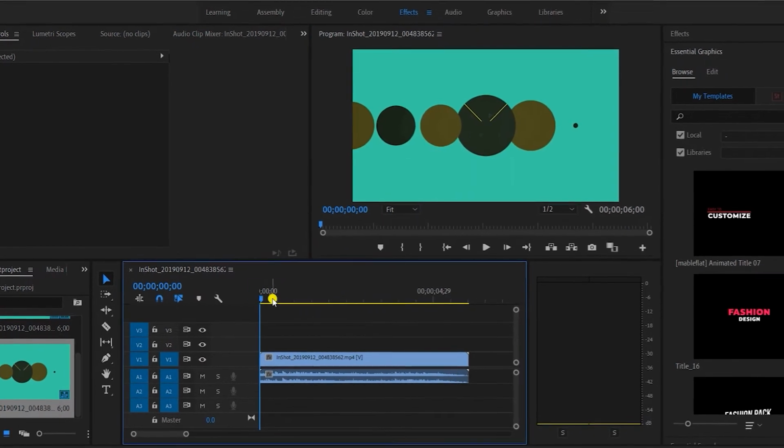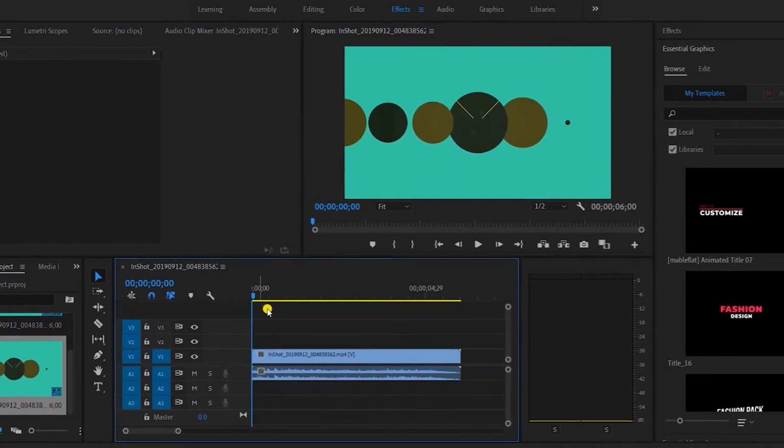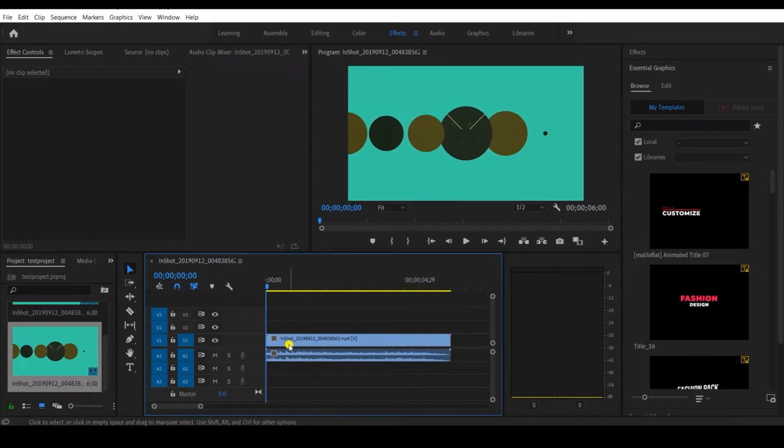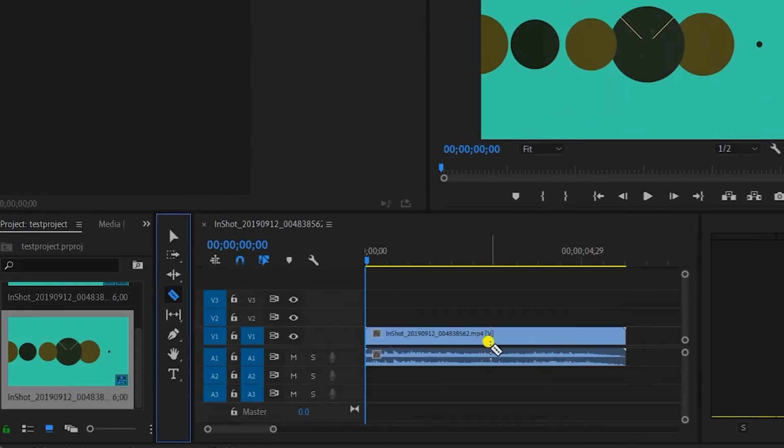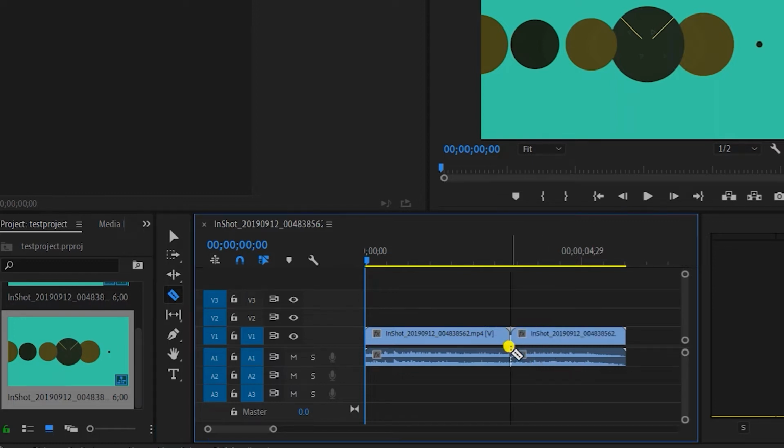I'll show you how to basically edit a video. First of all, this is a video file in the timeline. If you want to cut any part of your video, here are the tools provided. This is the razor tool, also known as the cut tool. I have to left click over here. As you can see, the razor has replaced the pointer tool. On the video file, wherever you want to make a cut, you just have to get the cursor over there and then right click.